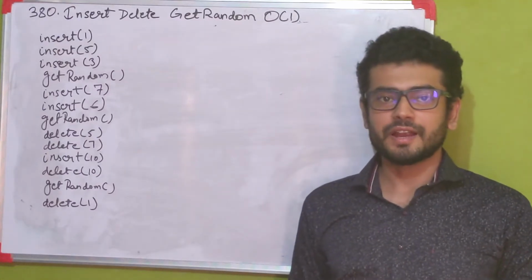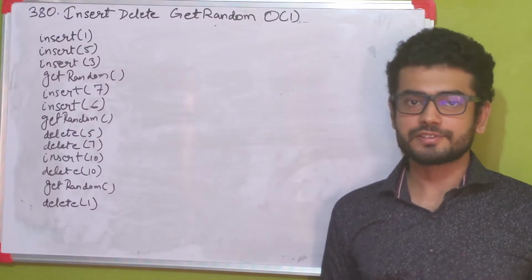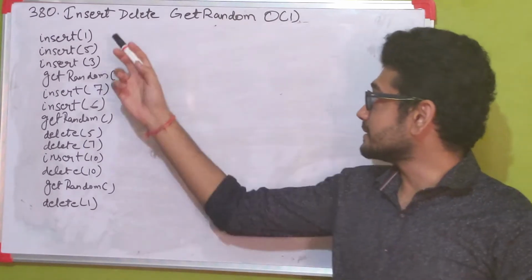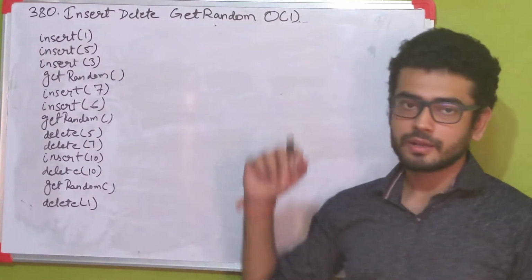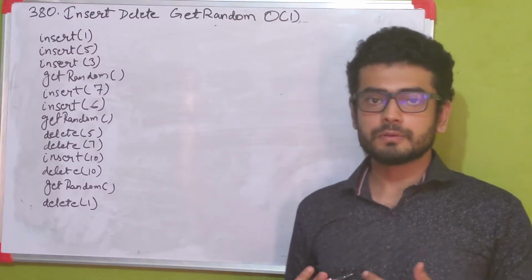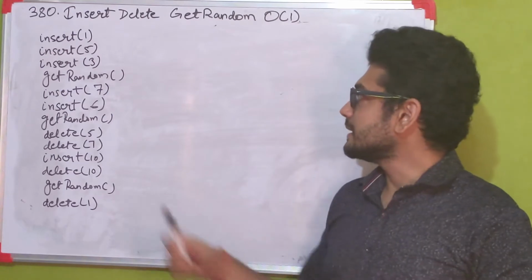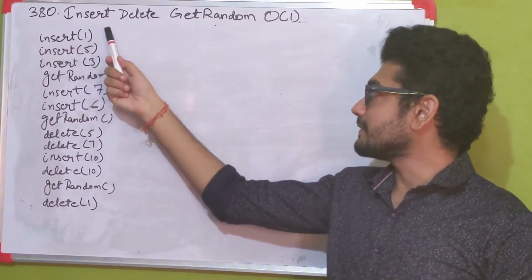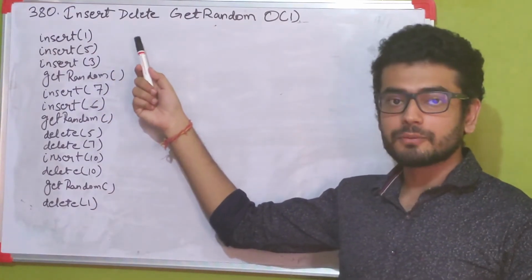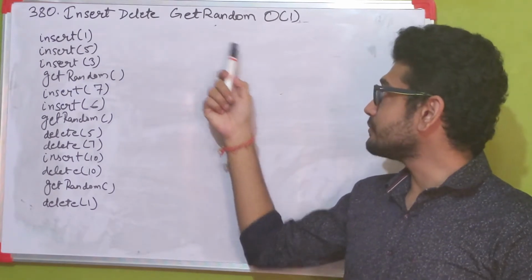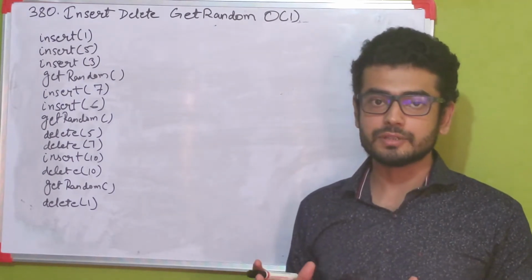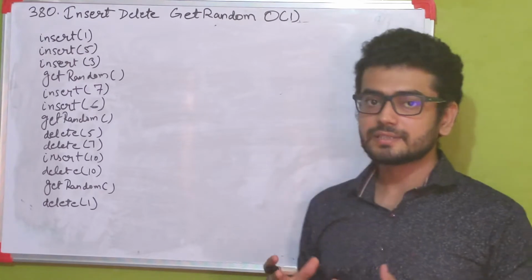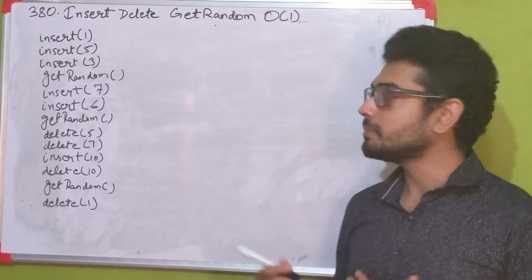Everyone, my name is Shiva and today we are going to talk about another very interesting problem on LeetCode, which is Insert, Delete, GetRandom in O(1). According to this problem, we need to perform three different operations: insert a given number into a given set of numbers, delete a number from the set, and get a random number out of those numbers. And the catch is that all these operations need to be performed within O(1) time complexity.